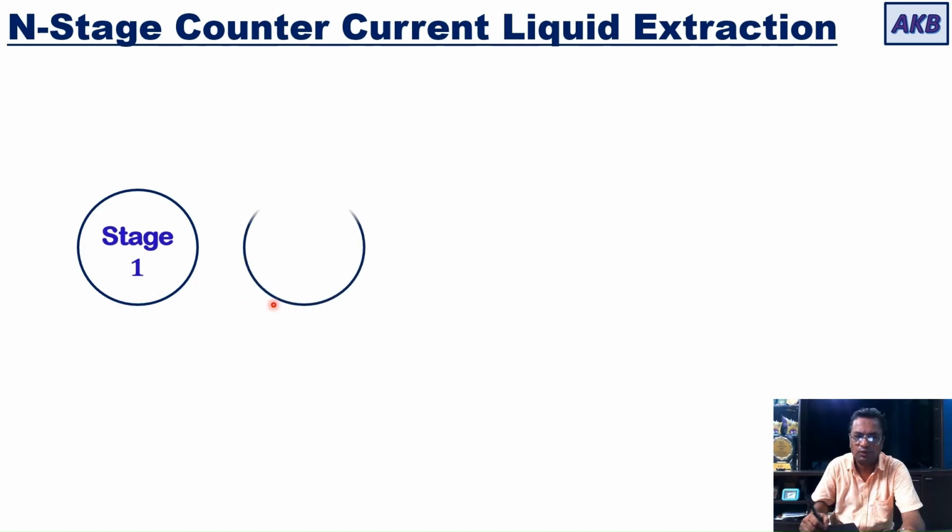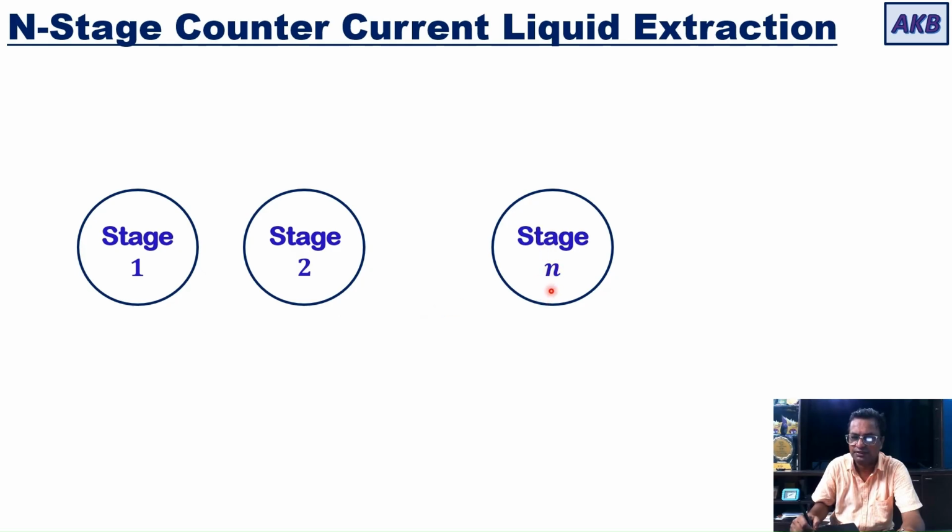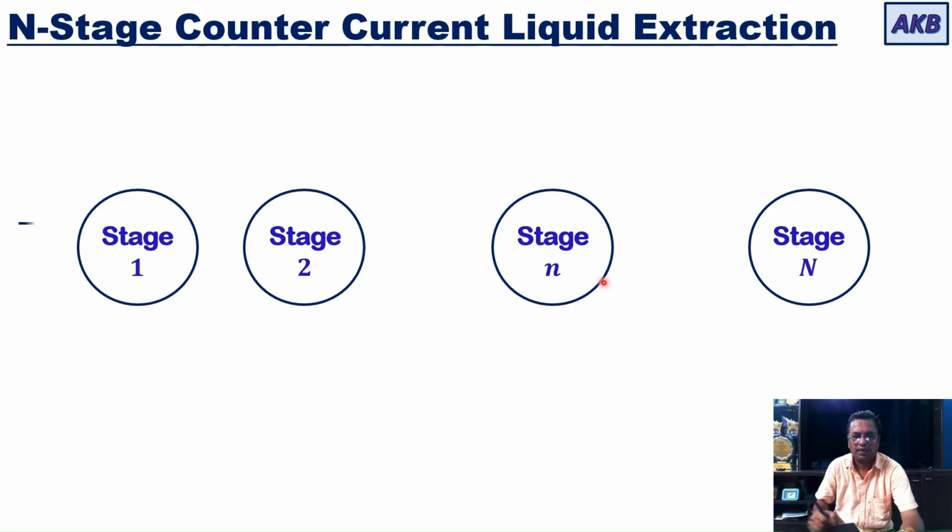So you have stage number 1, stage number 2, and then I'm considering any stage. I'm calling it the nth stage, and the last stage in this cascade is the capital Nth stage. So I have considered stage number 1, stage number 2, any stage which I have denoted by small n, and the last stage in the cascade is the capital Nth stage. Now feed will be admitted to the first stage,